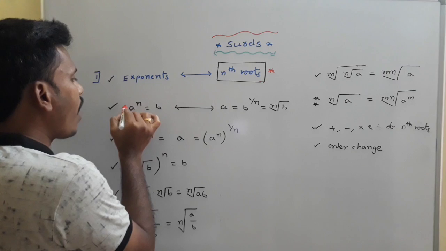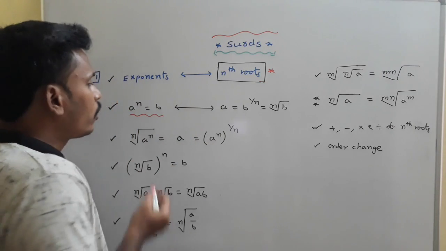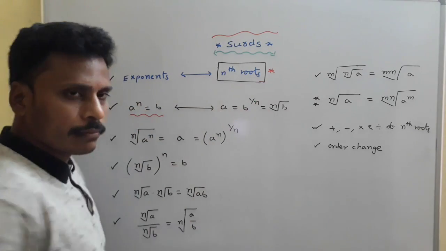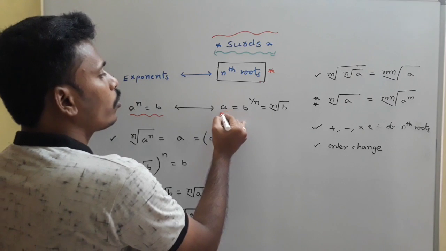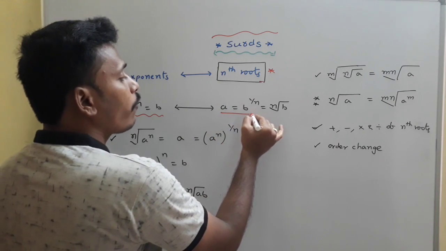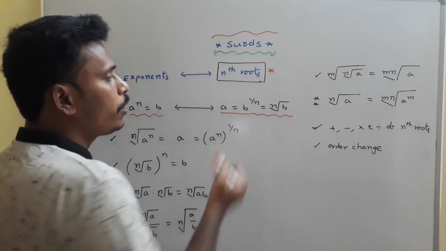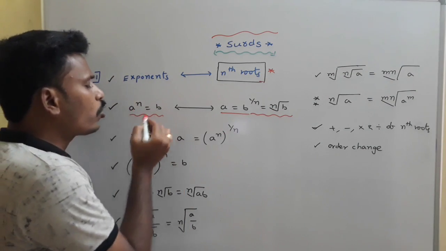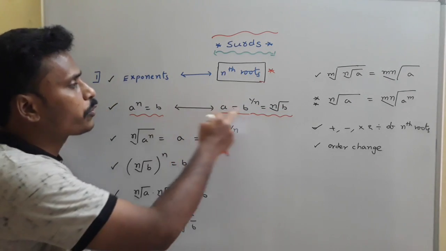For suppose if you have an exponent a power n is equals to b, then if you send this power n to the other side, it becomes 1 by n. In the sense this power will become reciprocal, okay? So a is equals to b power 1 by n and we notate it like nth root of b. So nth root of b is b power 1 by n. So a power n is equals to b is simply nothing but a is equals to nth root of b. You just observe these two.